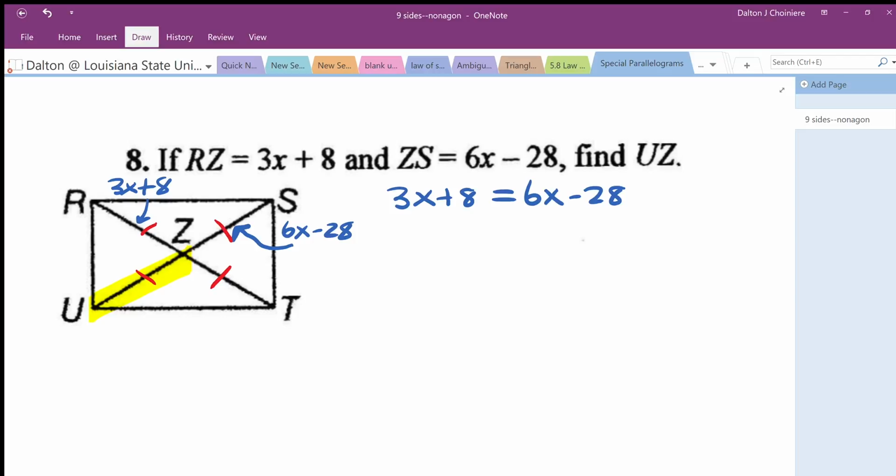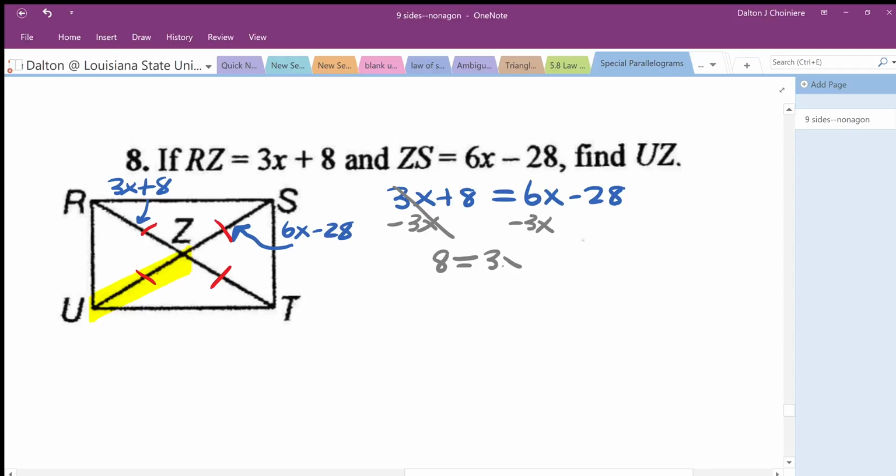So again, remember, all of you do algebra in different ways, and so do I, and there are literally 4 things that you could do. No way is more correct than the other. Just know that you have to get x by itself. So I like subtracting 3x from both sides, leaving me on the left side with 8 equals 6x minus 3x is